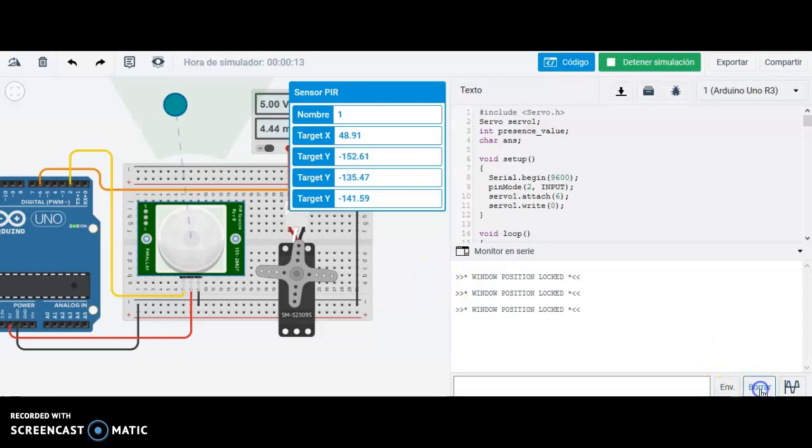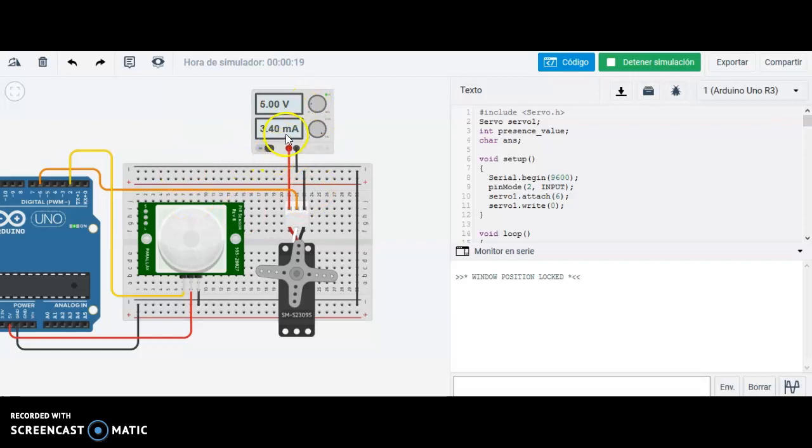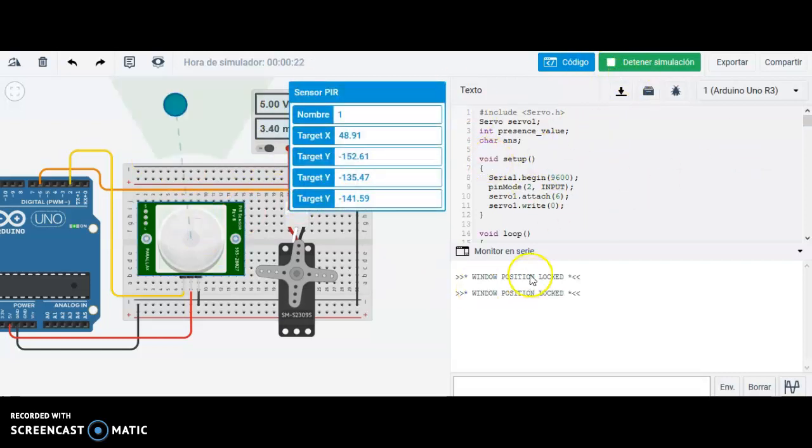Okay, so here's our circuit. We have a servo motor and a sensor, both connected to this Arduino, and they are powered by this power supply. And here's our code. We can see that at the beginning we have this message because there is no movement,